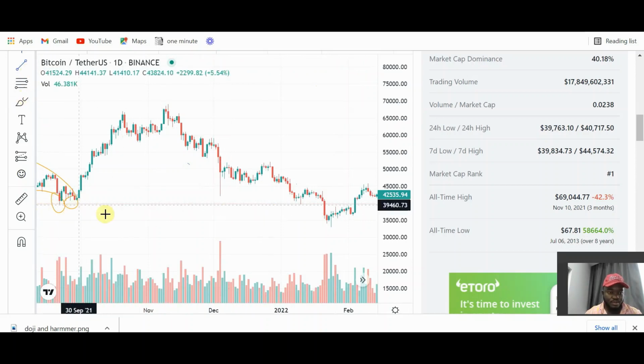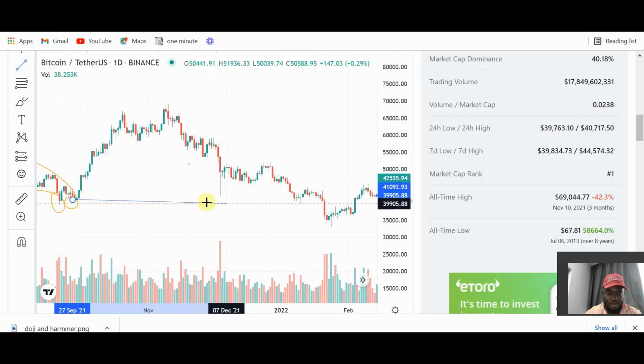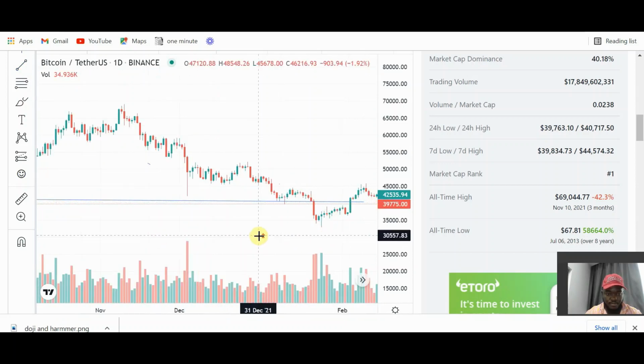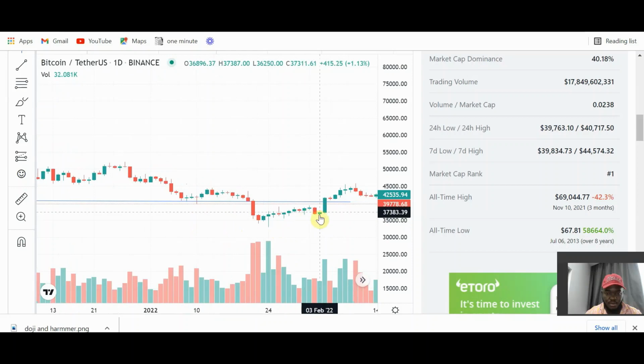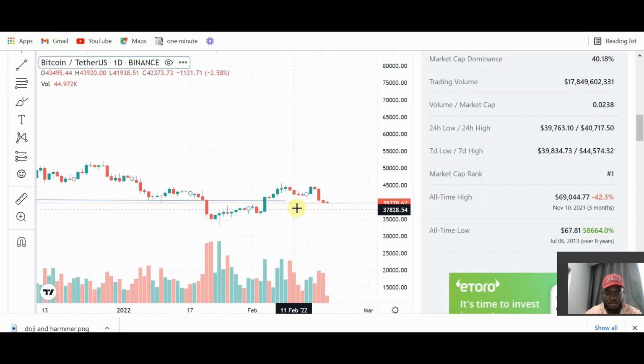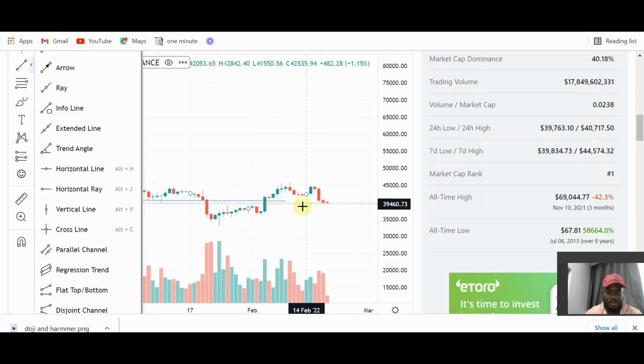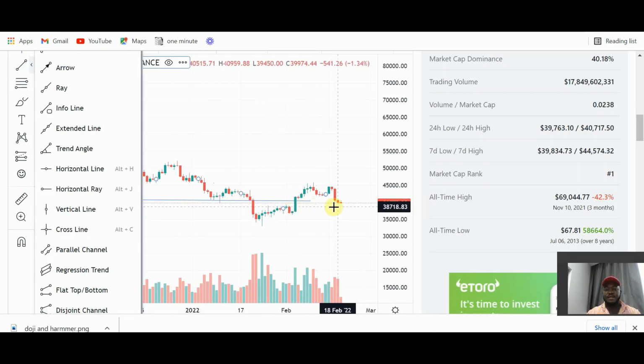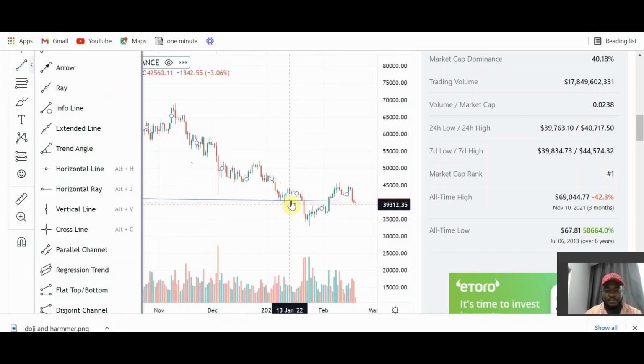So let's draw one support zone here. Price has tested here and continued here. You see. So this was what was happening yesterday in crypto. I said once the price of Bitcoin,